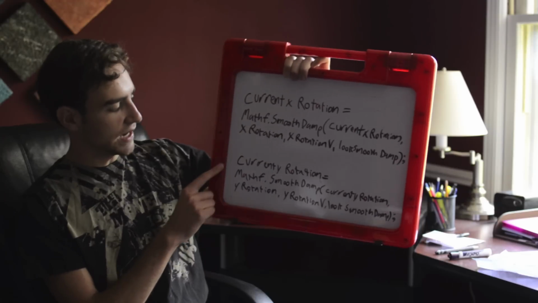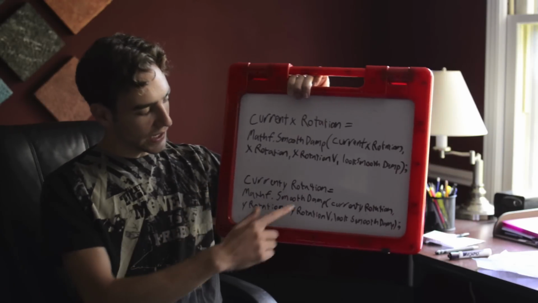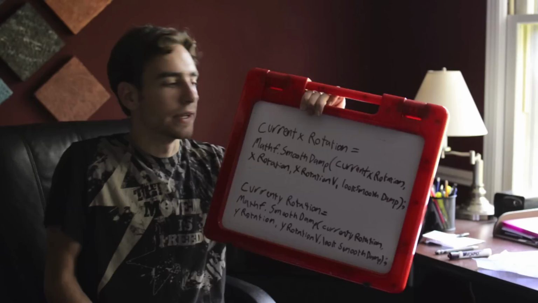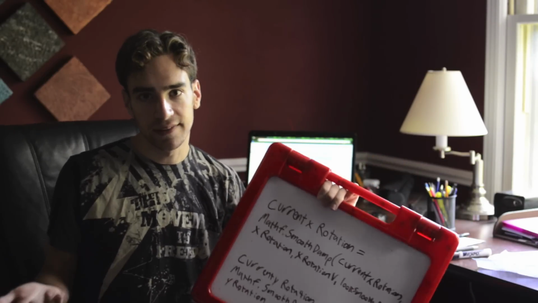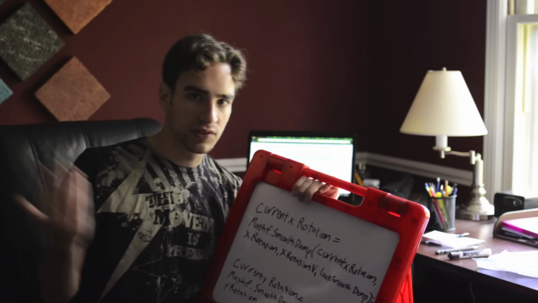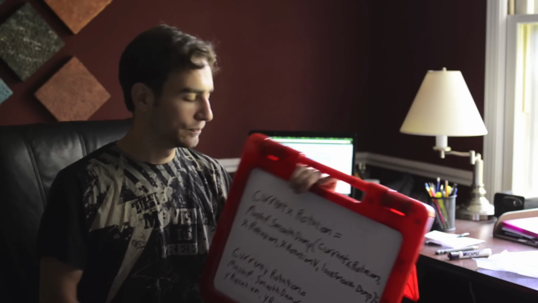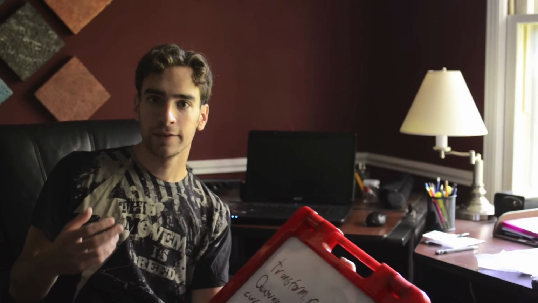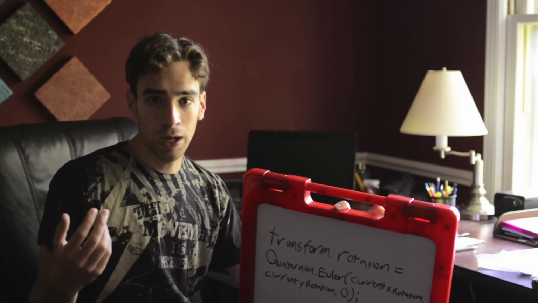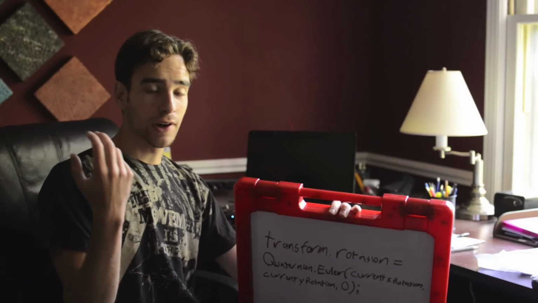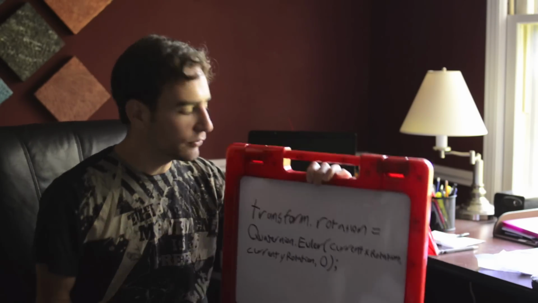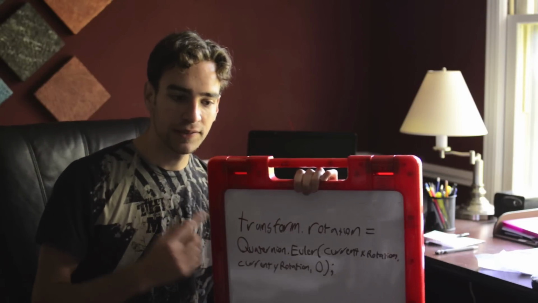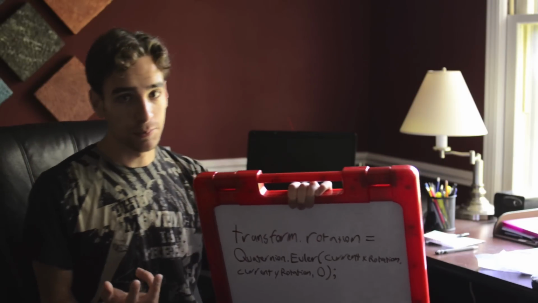And then we have the exact same line down here, but all of the x's have been changed to y. We just needed to do the same line twice for both the x and the y, because we want them to both smoothly reach their targets. Okay, now that we have our current x and y rotations smoothly moving towards our target x and y rotations based on the mouse movement, let's actually apply that to the transform and physically move this camera